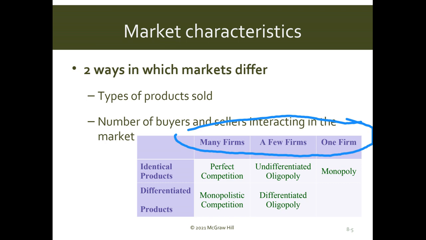So there are few firms in the industry, and then you have many firms, a large number of firms. For example, restaurants, for example, barber shops. So there are a large number of small firms who are selling either food or providing haircut services and other services as well. So this is one